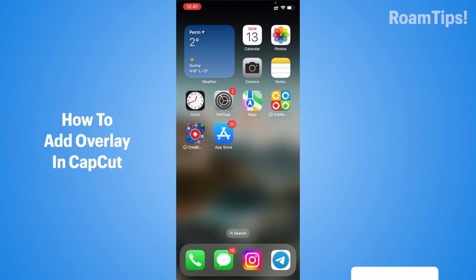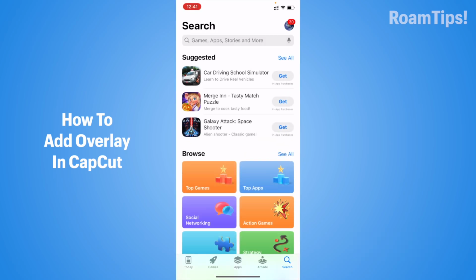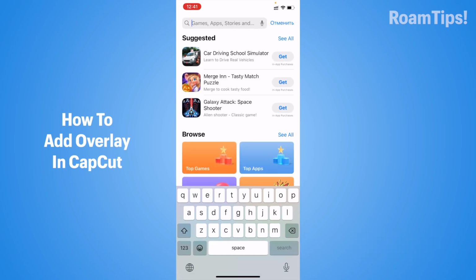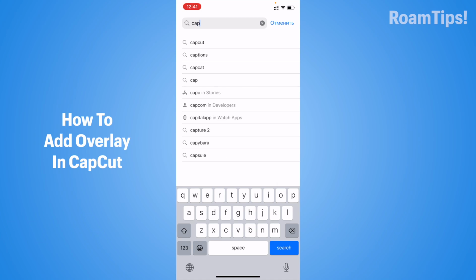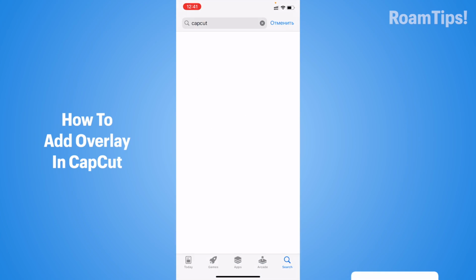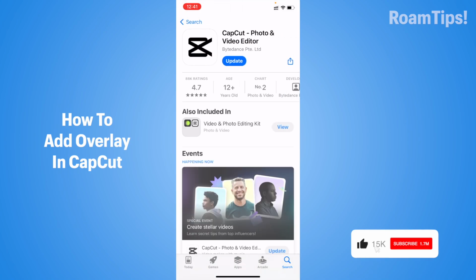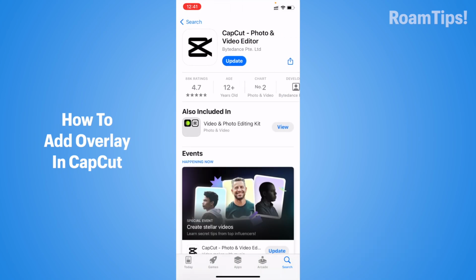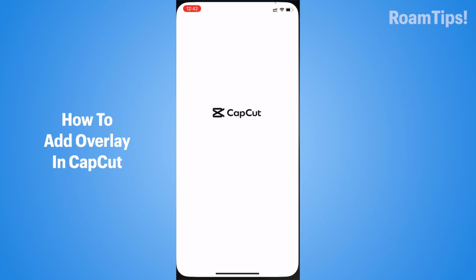And I show you how to do it. Open App Store or Google Play and click on search and write CapCut. Click on search, open CapCut and click on update or install or open. Alright, open CapCut